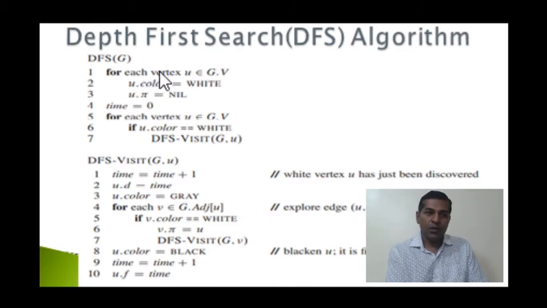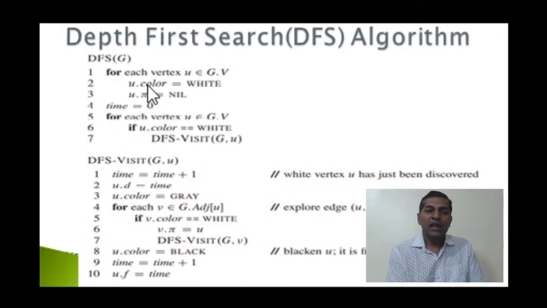So this for loop is for that. What does this for loop do? For each vertex U, starting from 1 to n, so the first vertex we will color. U.color, an attribute of this particular vertex, is equal to white. Then U.predecessor, the predecessor or the parent of this particular vertex, is null. Right now it's null, and the timestamp is equal to 0.